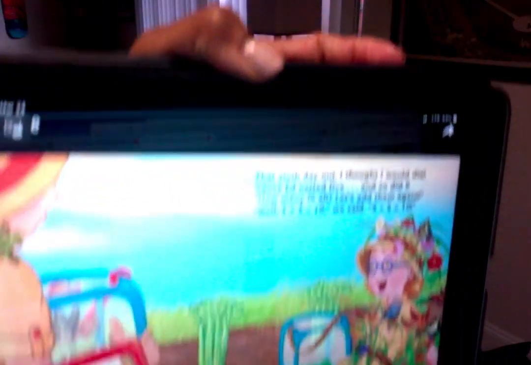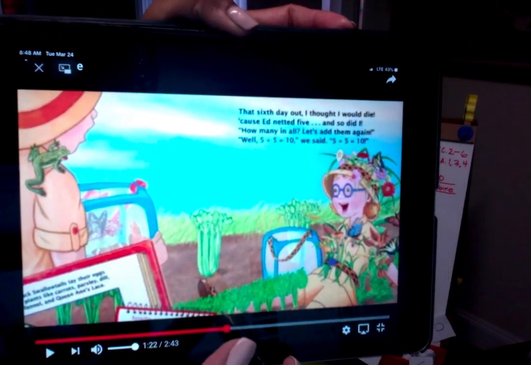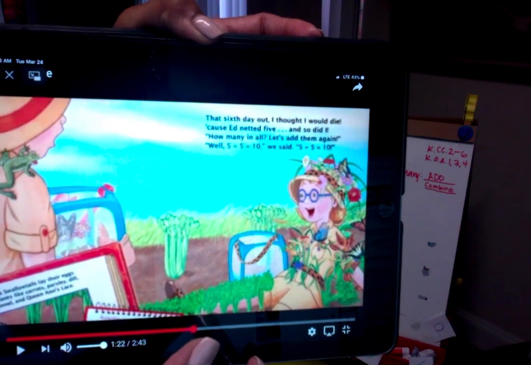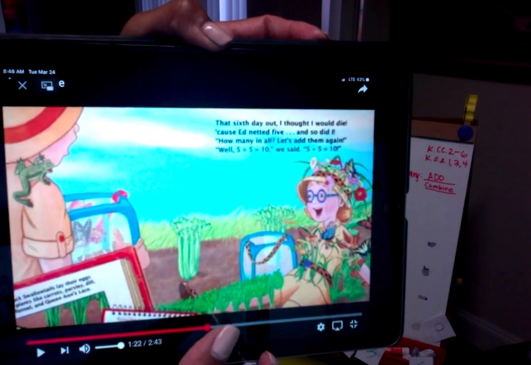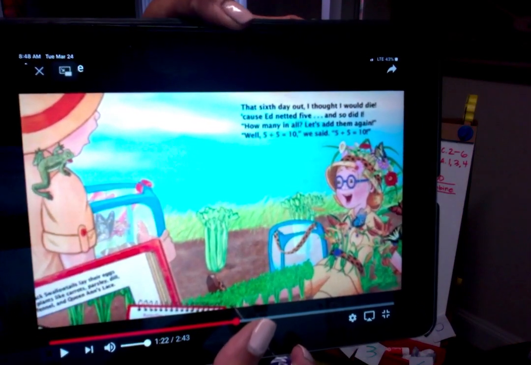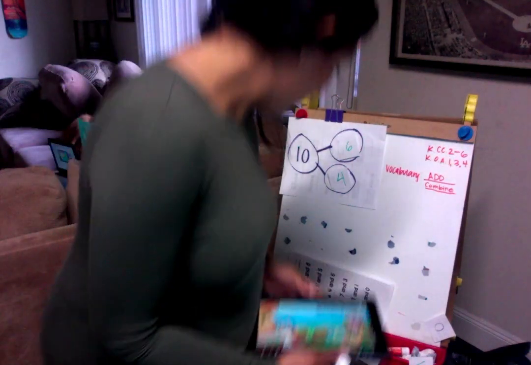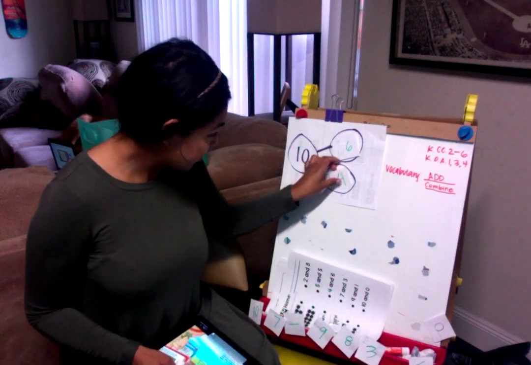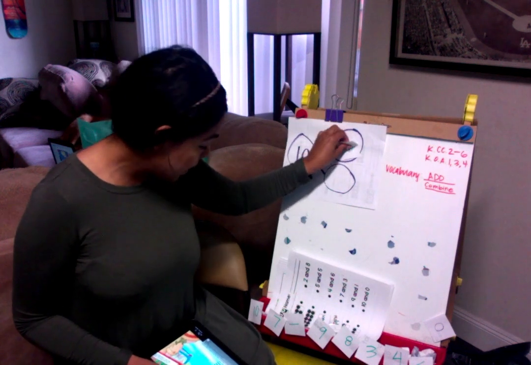The 6th day out, I thought I would die because Ed netted 5 and so did I. But how many in all? Let's add them again. Well, 5 plus 5, we said, make 10. 5 and 5 make 10. So how many did they net here, guys? Good. Here we have 5 and